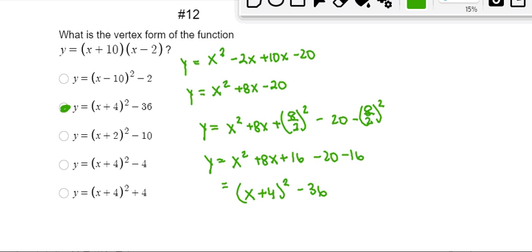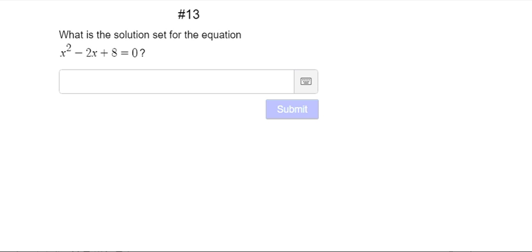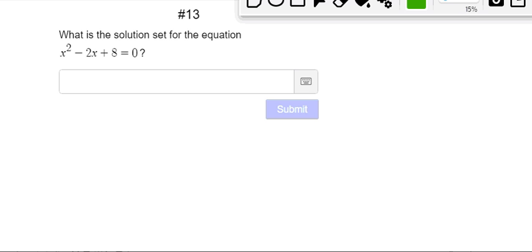All right, last one. What is our solution set here? Let's see, we have 8, negative 2. That's not going to work. It cannot be factored. So we want to look at solving this with the quadratic formula: negative b plus or minus the square root of b squared minus 4ac